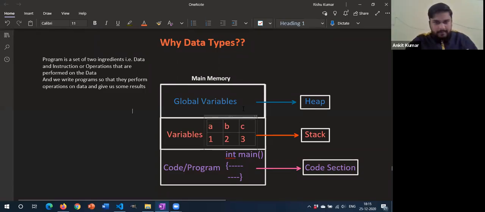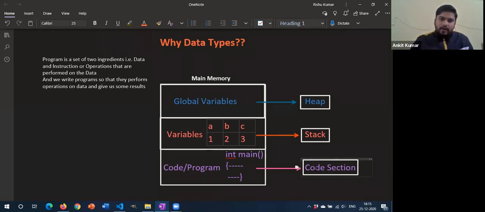to the main memory. So now the main memory is divided into three further parts, which are known as heap, stack, and there is another section which is the code section. As I have told you, whatever programs that we write, all that program is stored inside your main memory or the primary memory.